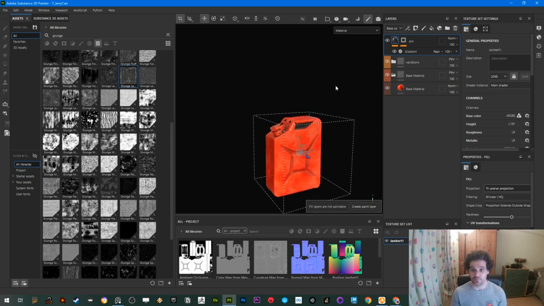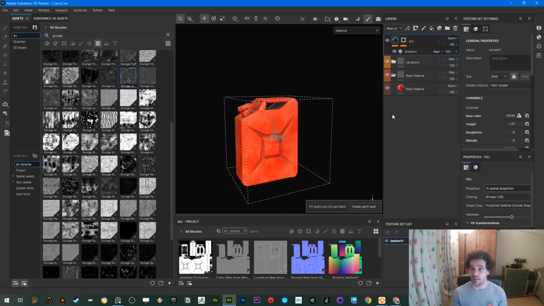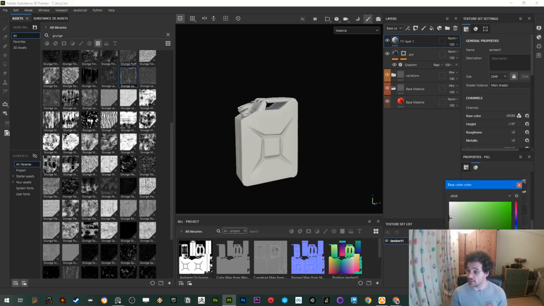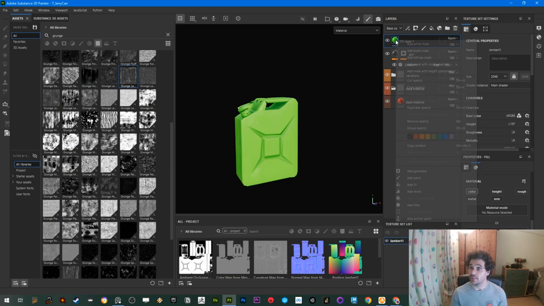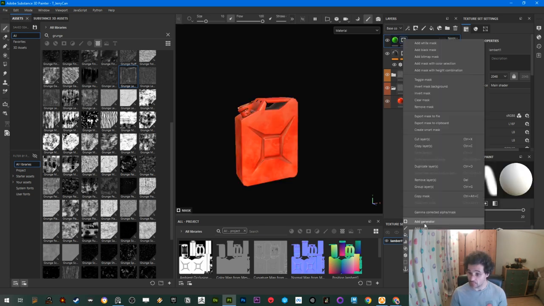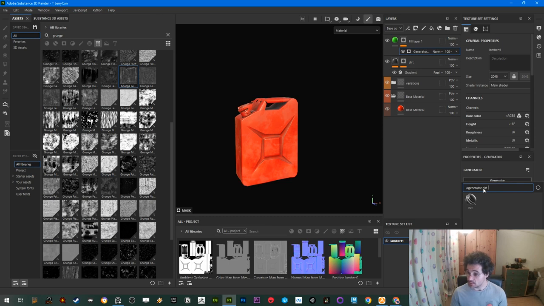So now we're going to add some edges, something like very bold. So I'm going to come here, and again, I just want to affect the color, so I'll click, and I'm going to get like a nice limey green, and I'm going to add a black mask, so add black mask, and on the black mask, I'm going to add a generator, and I just want to type curvature,